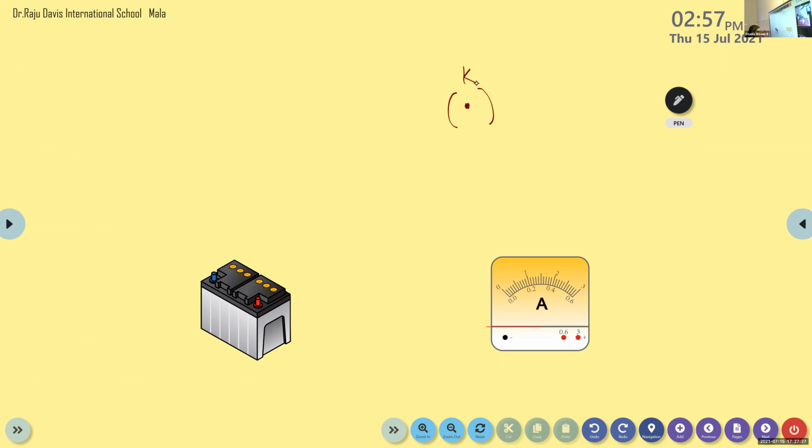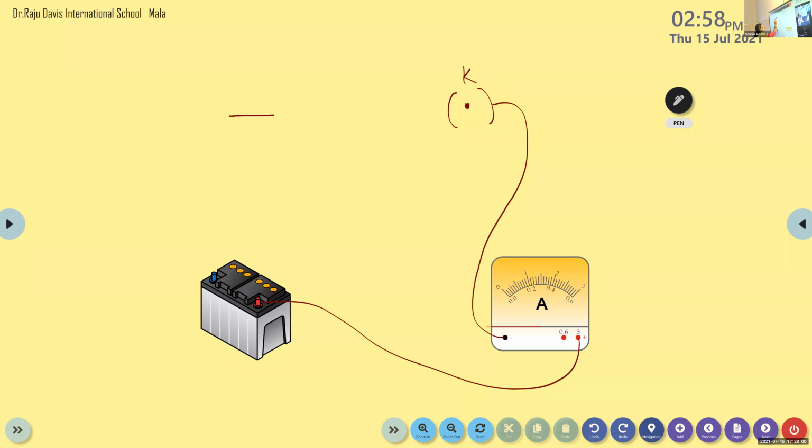And what is the use of an ammeter, Haynes, Steve? For what are we using an ammeter in an electric circuit? To measure the current. Very good. Now, the positive terminal of the cell is represented by this red side. This red terminal represents the positive terminal. The positive terminal of the battery or the electric cell is connected to the positive side of the ammeter. And the negative terminal is connected to the key.